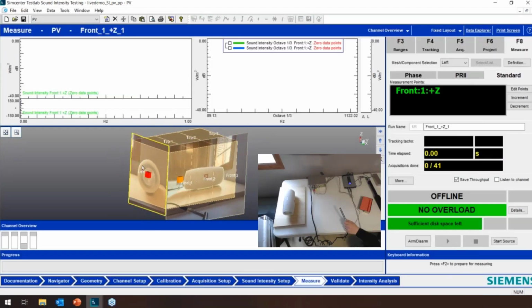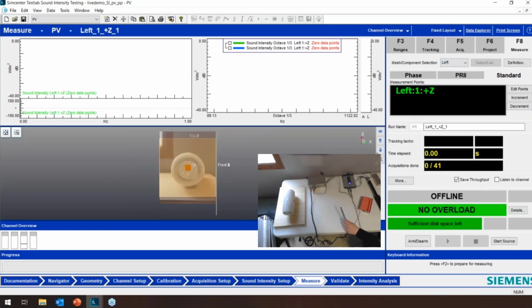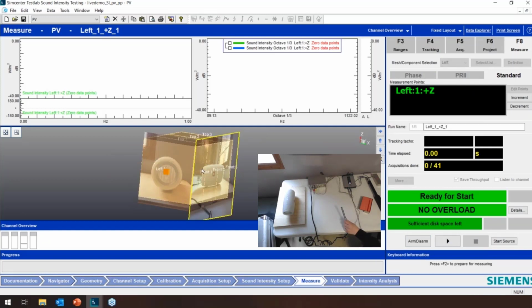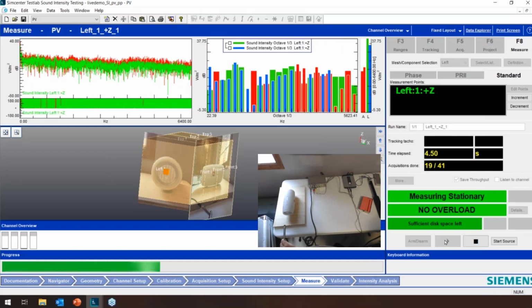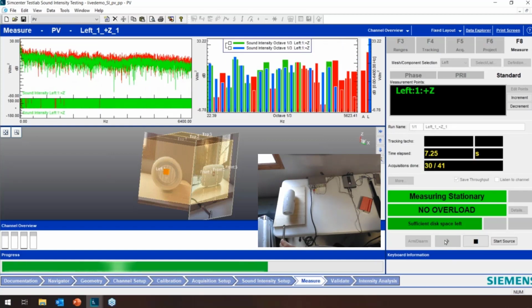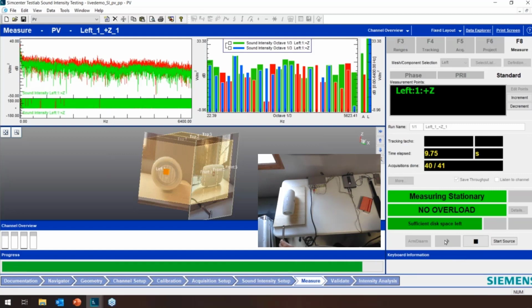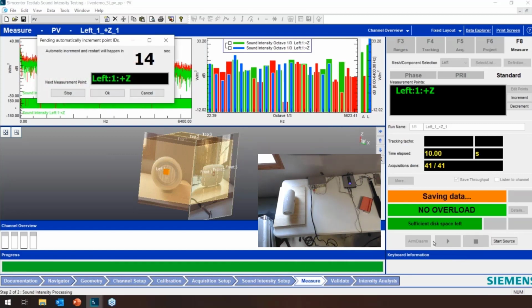I'm just going to do one quick measurement on this back side here, just so you guys can get an idea. We'll click arm. Oh, no, I won't because I'm measuring on the front, and that's not what we want. Okay, there we go. Now it says left. Play some white noise again. Hold it at roughly that center black dot and click go. And I'm all set.